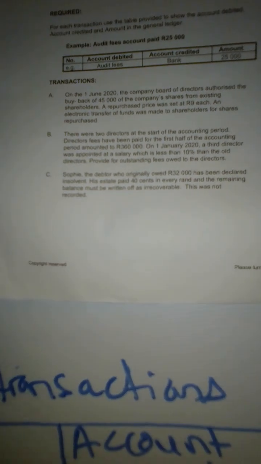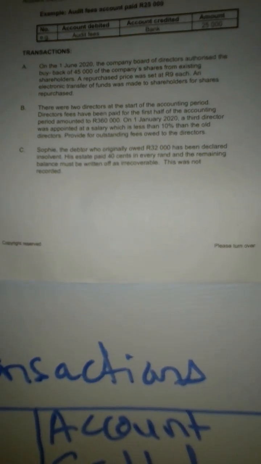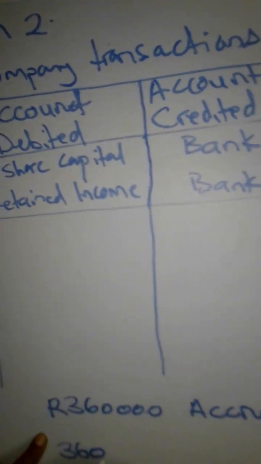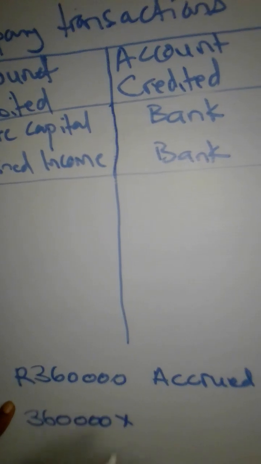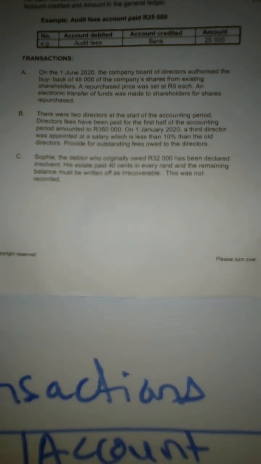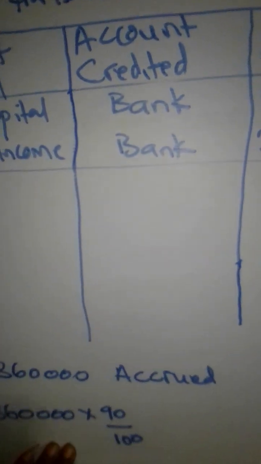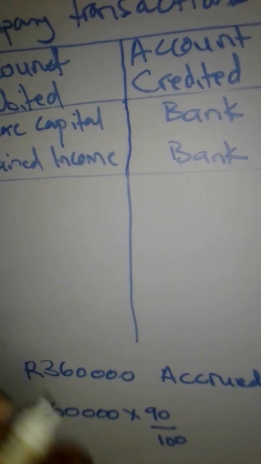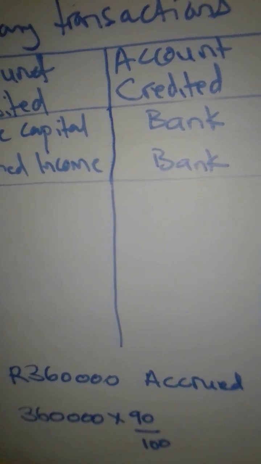And we have discovered that the full amount for a director for the whole year is 360,000. So we're going to calculate 10% less. We say 360,000 multiplied by... if we are saying 10% less, it means that 360,000 is the 100% amount. So when you say 10% less, we are removing 10% from a 100% amount. In other words, we remain with 90%. We are going to multiply by 90% so that we can find out how much they are going to give the new director.